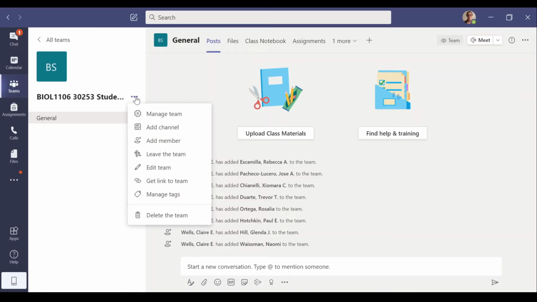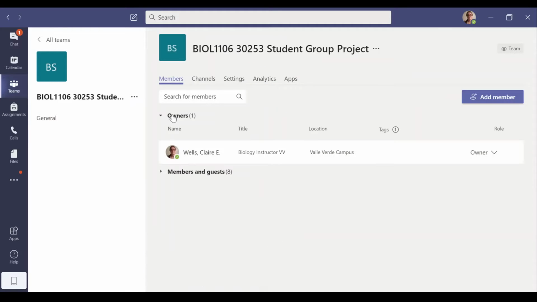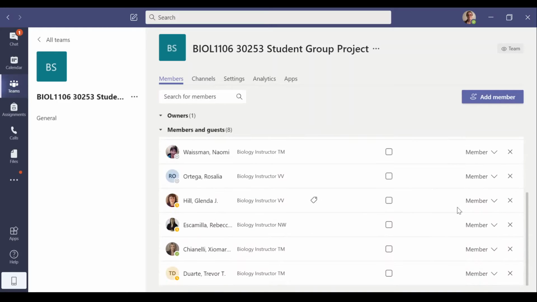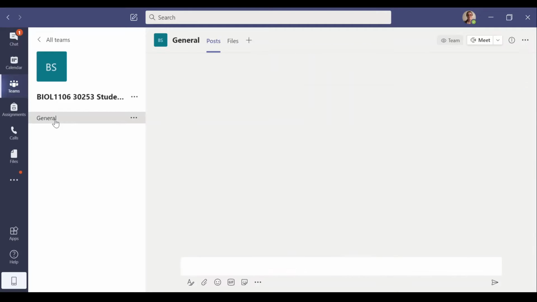Also, if you click this ... you can come to Manage Team, and it'll show you everybody who's in the team. And if you click the X next to somebody's name, it will remove them from the team. So I'll come back to the General channel,